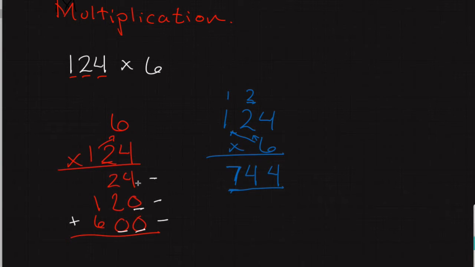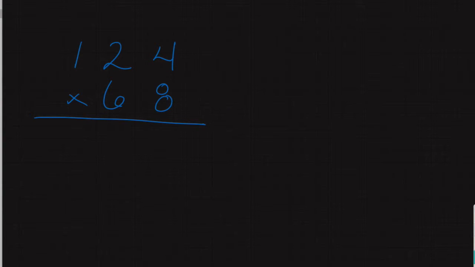Let's add this up and see what we get. That's 4. 2 plus 2 is 4. 7. Yep, we get the same answer, right? 744. Just one of them took a lot less work, a lot less writing. And the less writing you do, the less mistakes you're going to make. All right, so multiplication, put the one with the more digits on the top,